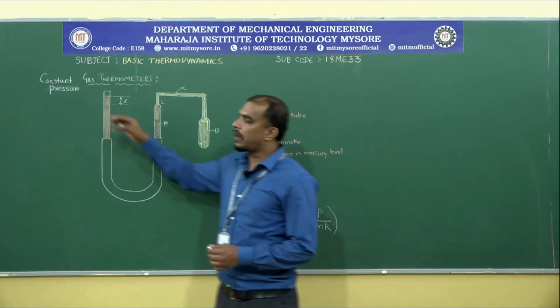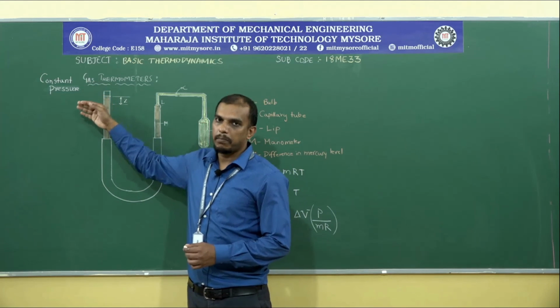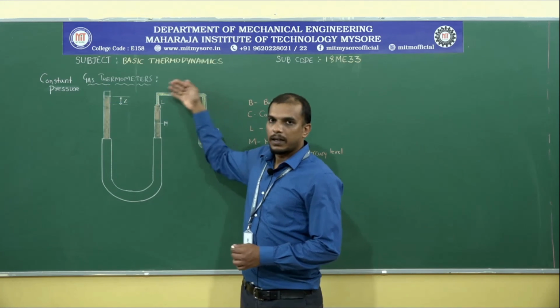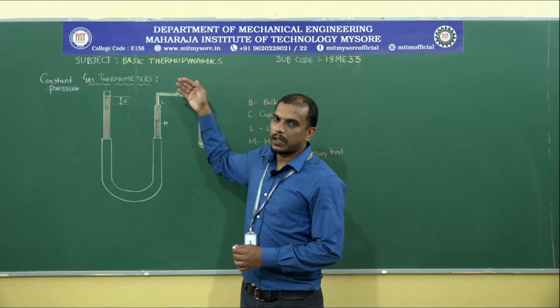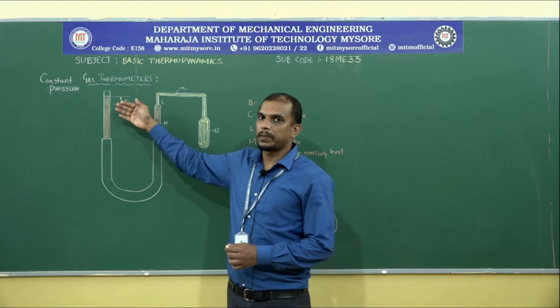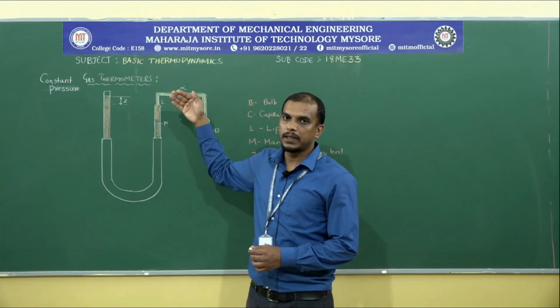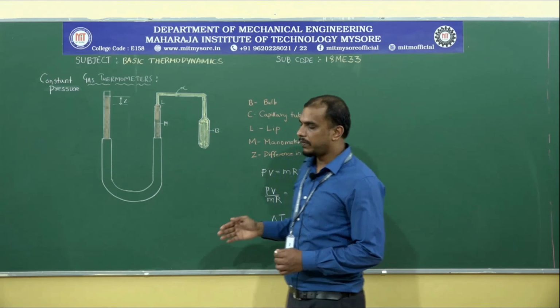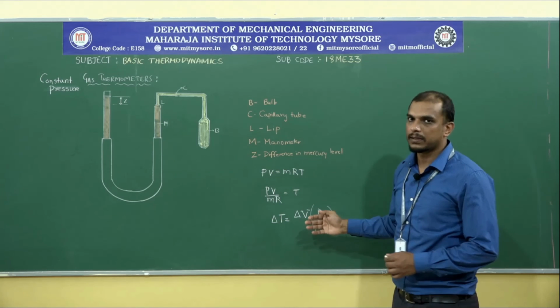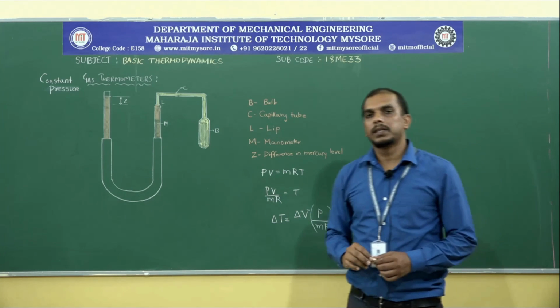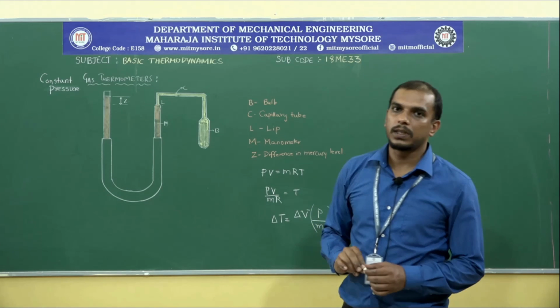That is why we call it a constant pressure gas thermometer, because the gas inside this bulb is allowed to expand against the atmospheric pressure, which is more or less a constant pressure. So, that is why we call it a constant pressure gas thermometer, and this is the equation we use for measuring the change in temperature with respect to